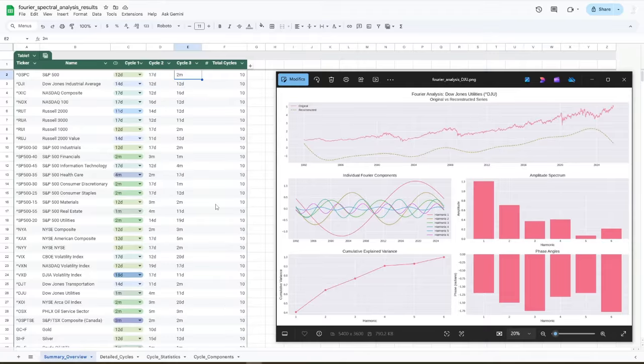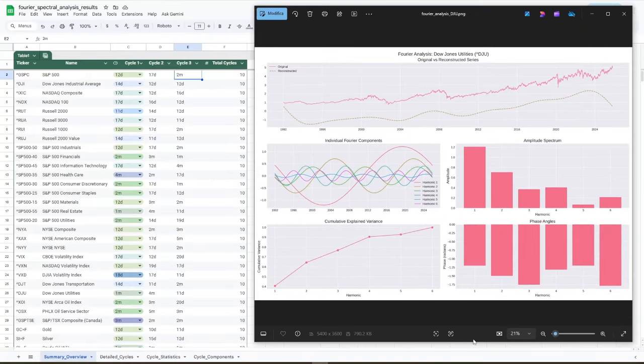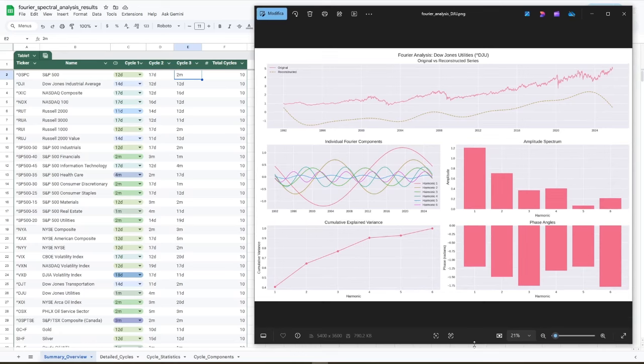Yes, so we have this short-term signal reconstructed from the price action, and we also have a chart that can help us understand the cyclicality. According to how many harmonics we impose into the Fourier transform, we are able to identify different periods or different functions with a different amplitude and phase angle and stuff like that. So harmonic one is basically the most dominant market cycle, what we would call the bull market cycle,